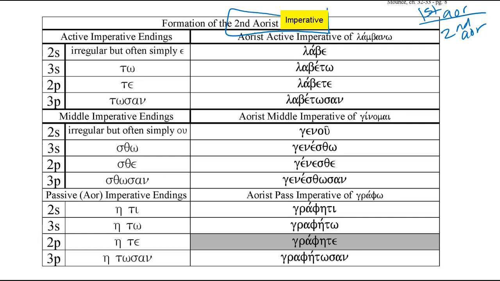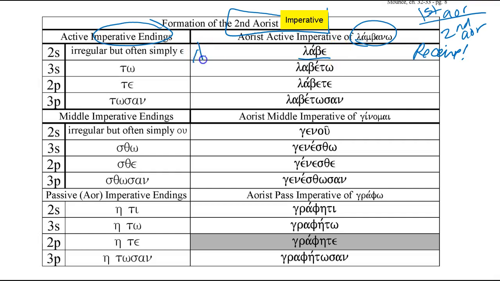And when they do use the second aorist, they use the similar imperative endings as the present tense, but the way you distinguish it is by the stem. So that's typically the second aorist. It uses the same suffix endings as the present, but it uses a different stem to distinguish it from the present imperative. So if I were to take something like lambano, then if I wanted to say receive, give a command, this is an aorist tense, then I would add labe.